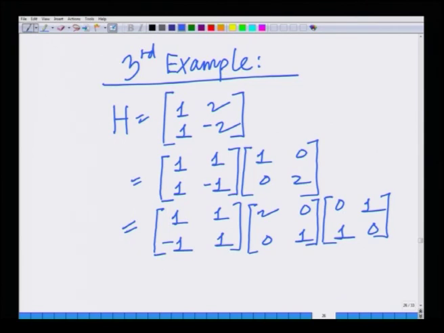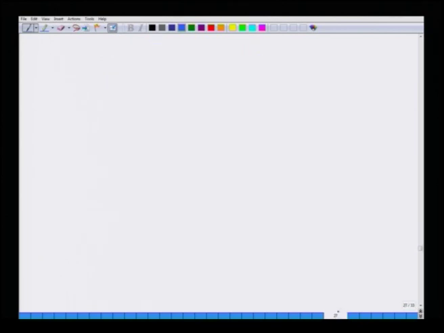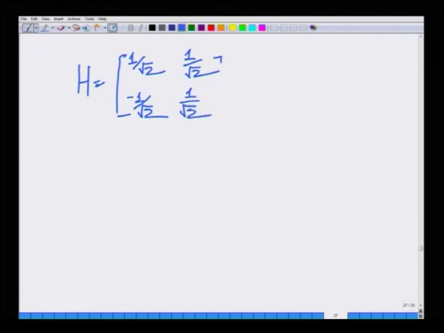So, I will divide by the magnitude of each column to make them normal, and I can write this as H equals 1 over square root of 2, minus 1 over square root of 2, 1 over square root of 2, 1 over square root of 2,